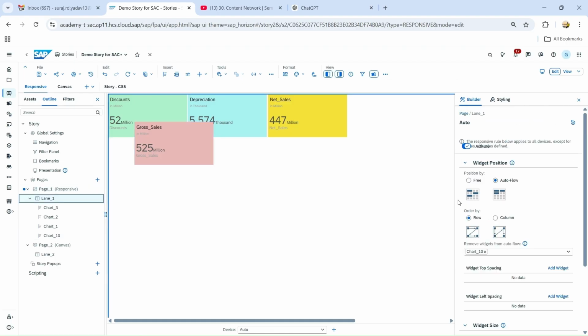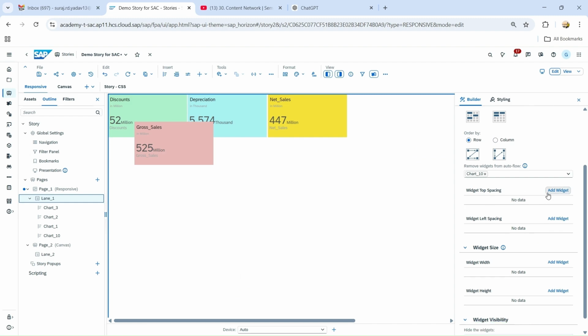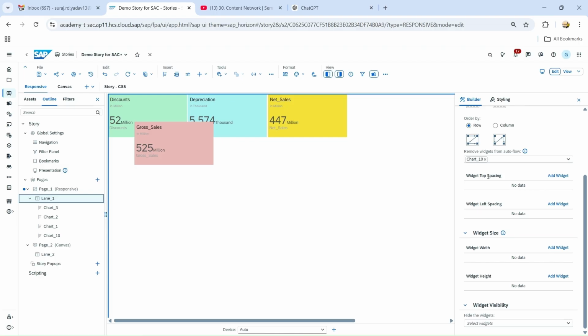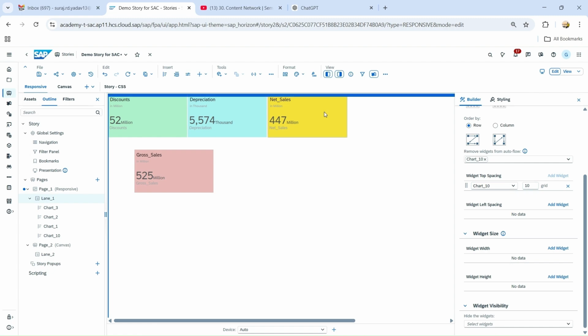So I'll go to lane 1. I have selected chart 10. Now for chart 10, I will define the spacing and all. I will add widget and put, let's suppose, 50 as the top spacing. You see it went very much down, so I need to put a little bit less, let's suppose 20. By default it is coming as grid only, I don't see any other option, or maybe go with 10. These are automatically adjusted, but here I want one chart which should be at